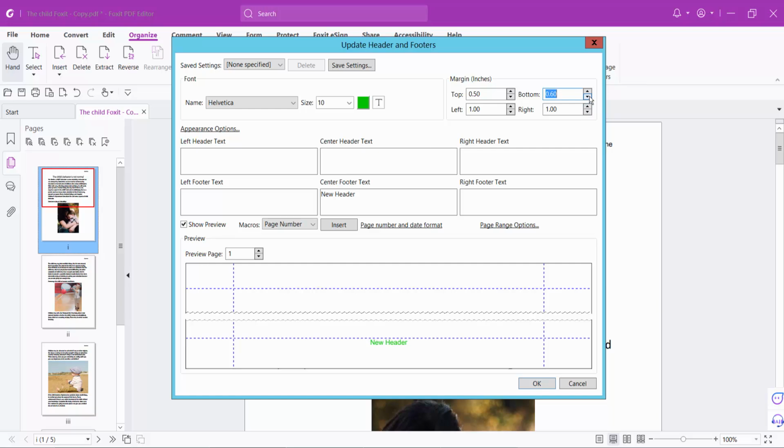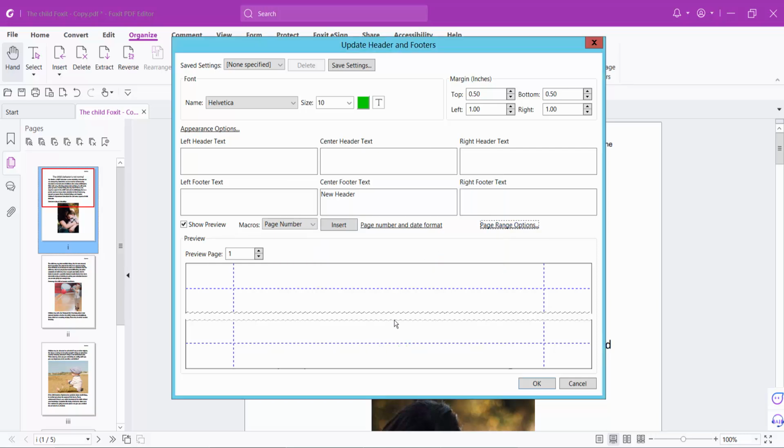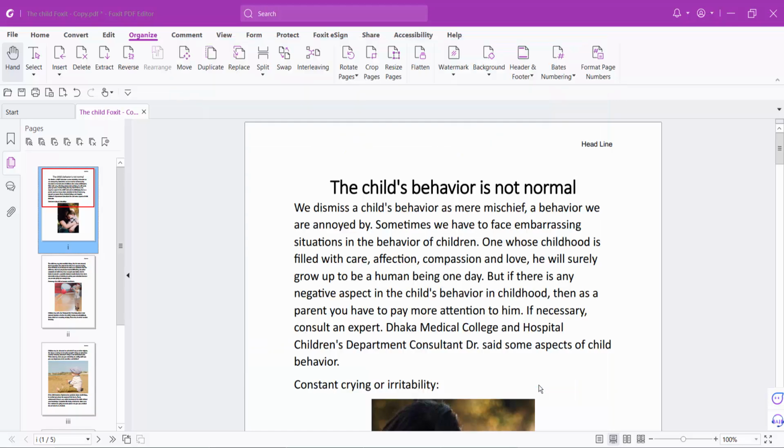You can increase, decrease, and I'll select page range. Start from page number 2. Now simply select OK and OK,